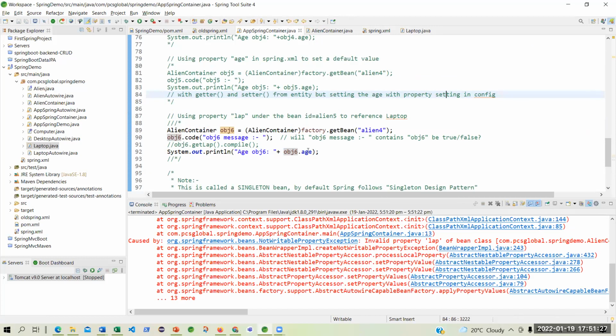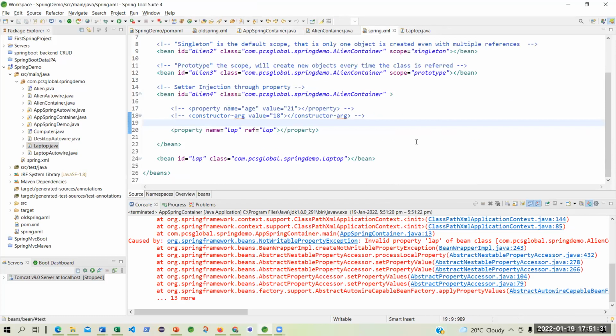Okay. See, one thing that is a mistake. I am mentioning property. Property is like your assignment. I am assigning this laptop object to this bin. What is the bin? This is called object.